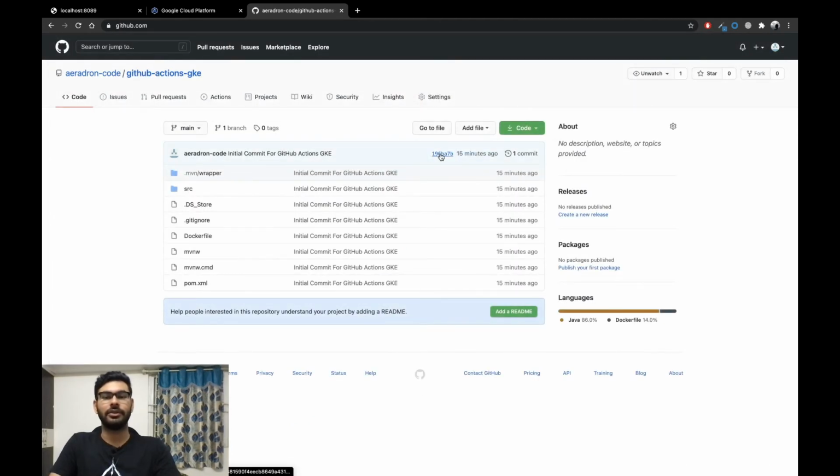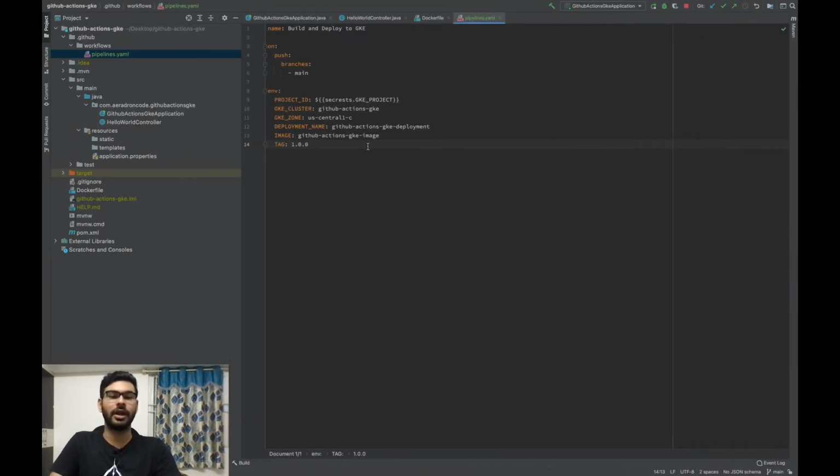So here you can see this is the SHA that is created. So you can use this or you can use this tag. I'll go ahead with the tag as it's easier to maintain the versions. It's a better way to maintain the versions. So if you want to fall back to any particular version, you can use tags and you can use that image to fall back to that particular version. So this is the first version that we will be releasing. So the name will be tag.